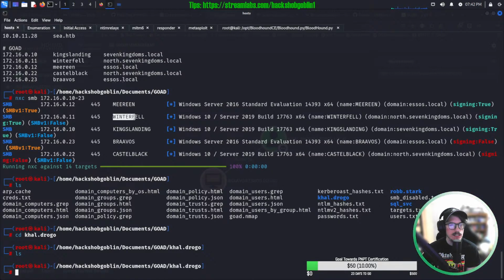Then we found out that they were actually an admin for this machine. And actually, I believe they are a domain admin for the north.sevenkingdoms.local domain, because I was able to dump the ntds.dit, which contained the password hashes for every single user in that particular domain. So continuing on from last time,